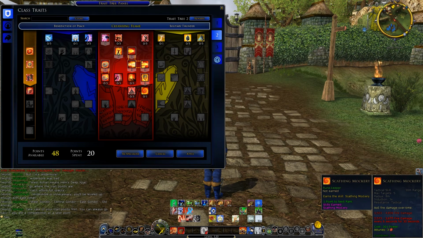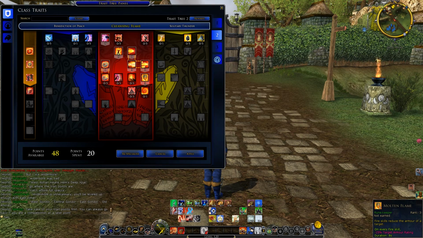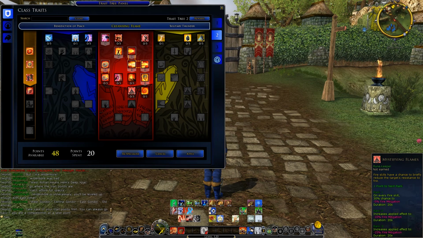It still has that use. It's just something at this point we would rather put points in something else, I think. And to get over the next trait in this row, finally we have Mystifying Flames, which is your fire skills have a 30% chance to reduce fire mitigation. So this is basically a more appealing Molten Flame because it reduces their mitigation, the type of damage you're doing,